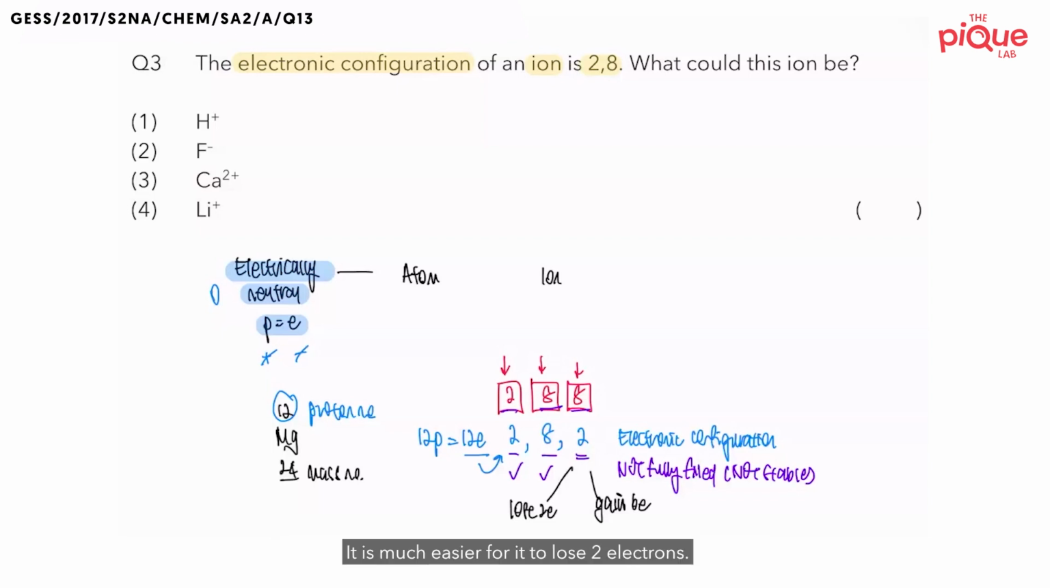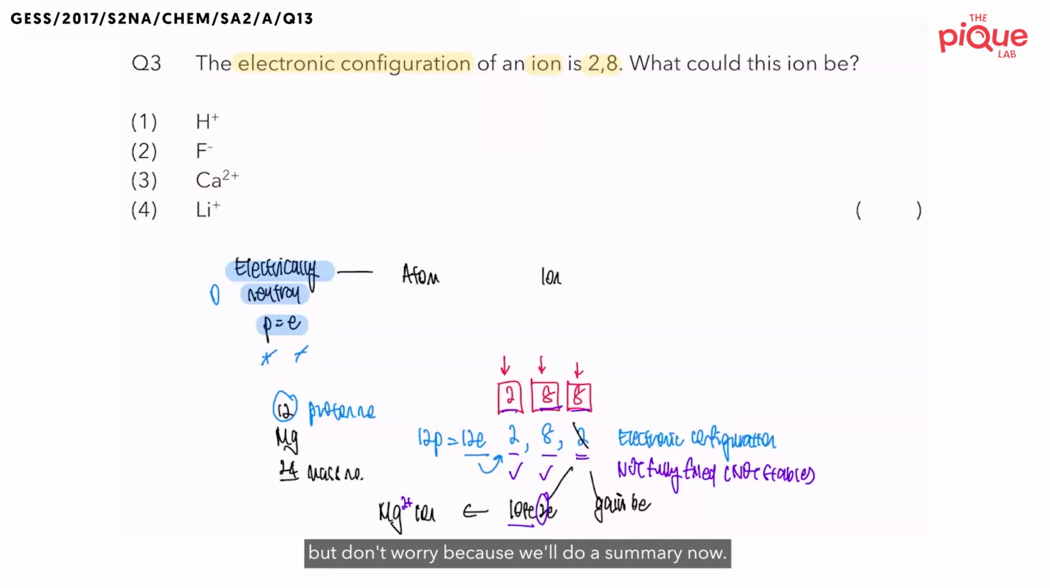It is much easier for it to lose 2 electrons. And at this point, it will become a magnesium ion. But there's also a formula to this magnesium ion. Because it has lost electrons, I will put a plus sign. How many electrons did it lose? It has lost 2 electrons. So I will add a 2 in front. I know that at this point, some of you might be a bit confused, but don't worry because we will